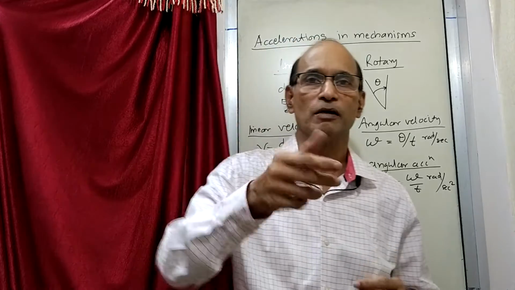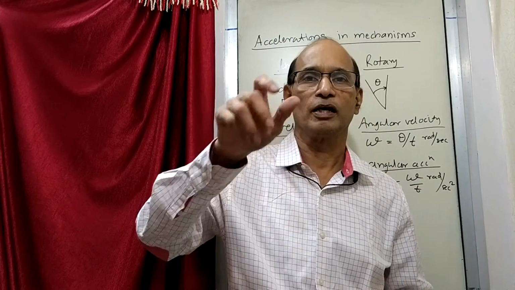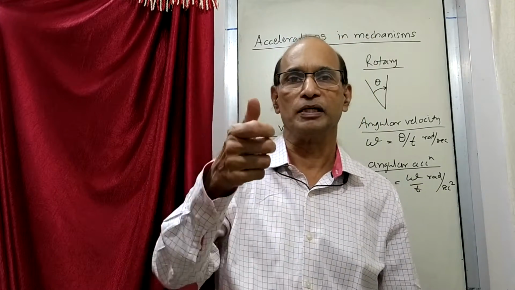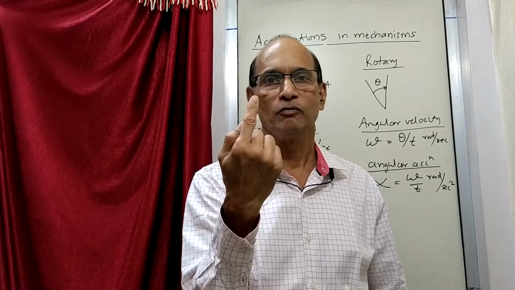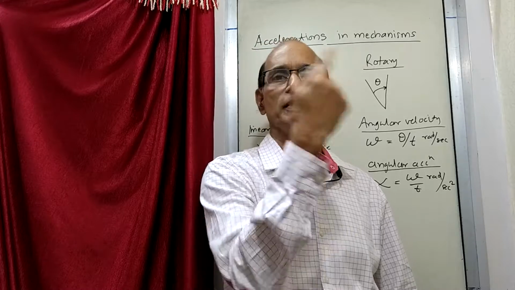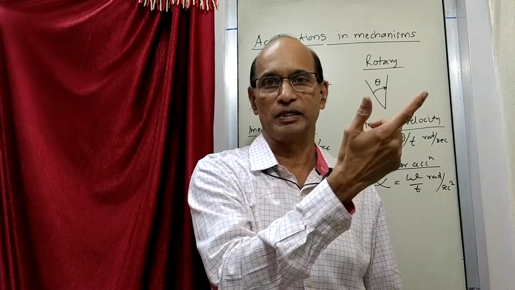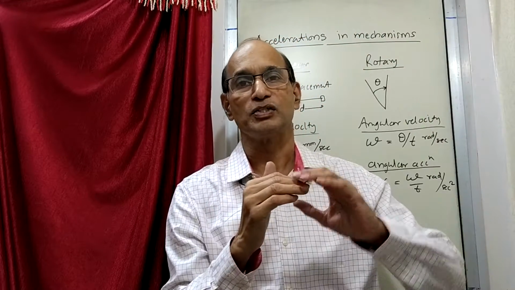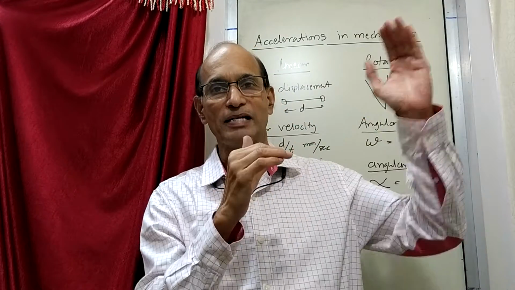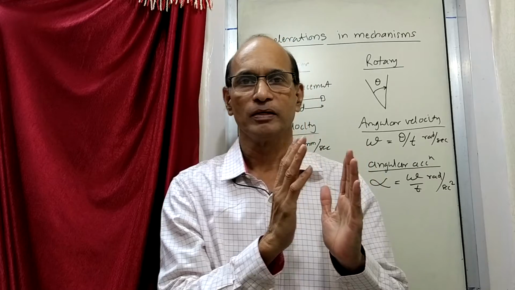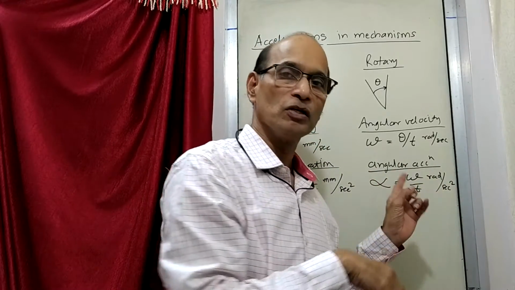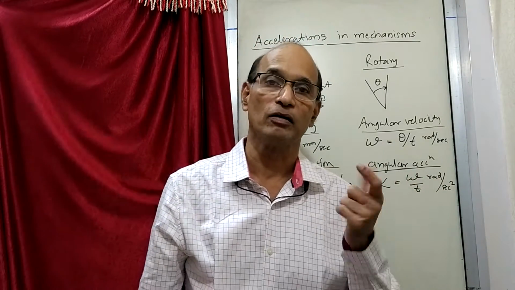Now suppose you change the fan speed, let us say the regulator is on 2 and you change it to 3. Its speed is something corresponding to 2, and when you change it to 3, the speed goes on increasing and reaches the speed of 3. So between 2 and 3 there is a change in the angular velocity. That change which has taken place in a certain time, that change upon time, becomes the angular acceleration. So this is an example of angular acceleration.